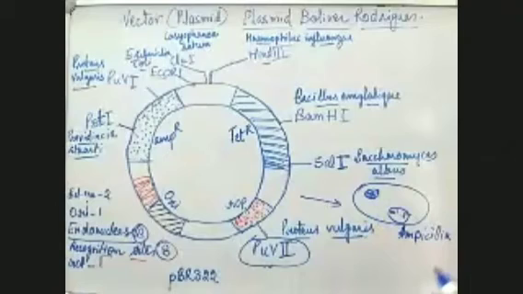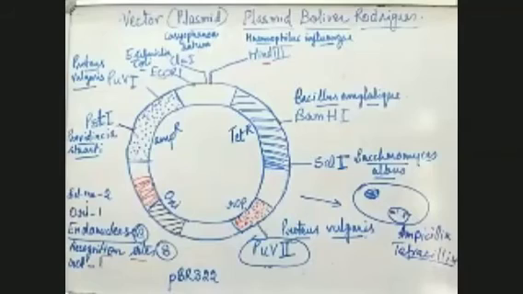So that is why these markers are there. If our bacteria which have these plasmids in them are allowed to grow, that means these are our bacteria because they are not dying in ampicillin. They are not dying in tetracycline because they have genes in them for ampicillin resistance and for tetracycline resistance. So these are known as selectable markers. Then besides that, there are recognition sites.